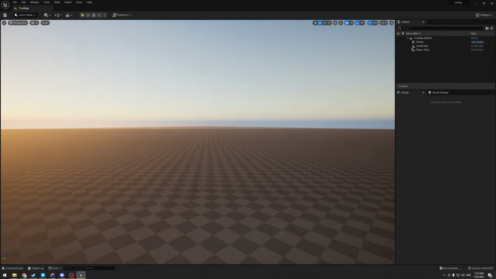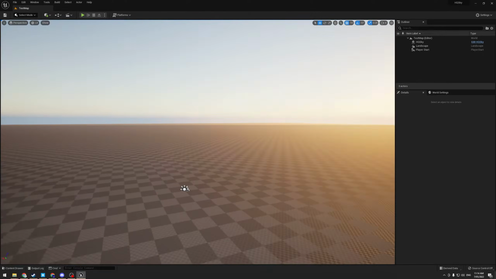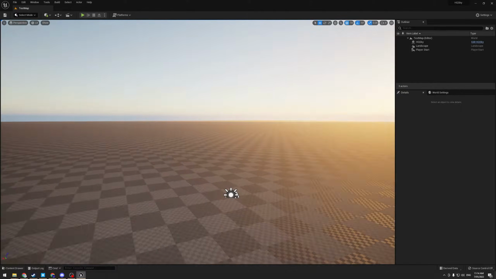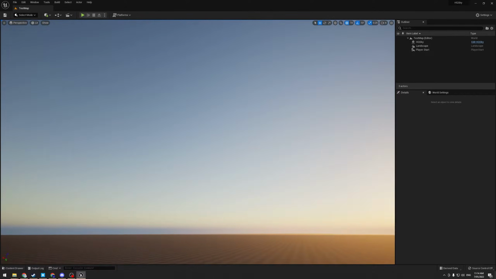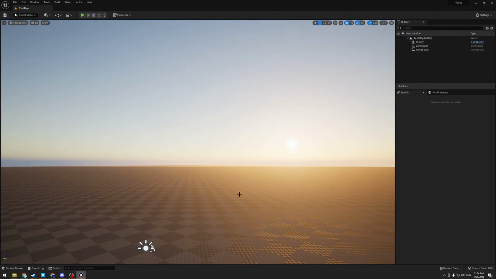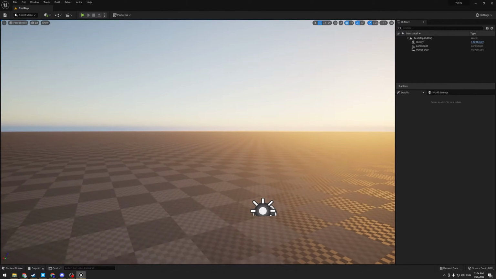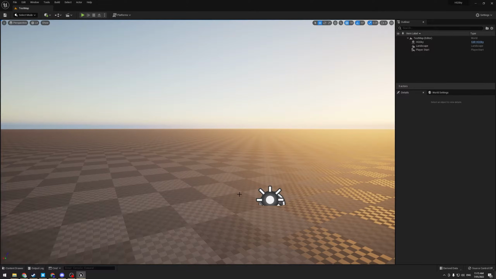Alright, so I've had a lot of people saying that the volumetric clouds don't work in Unreal 5, and yep, that's correct. Here is supposed to be volumetric clouds in here, but there is not. Now that broke between the preview version of Unreal 5 and the official release of Unreal 5, but it's pretty